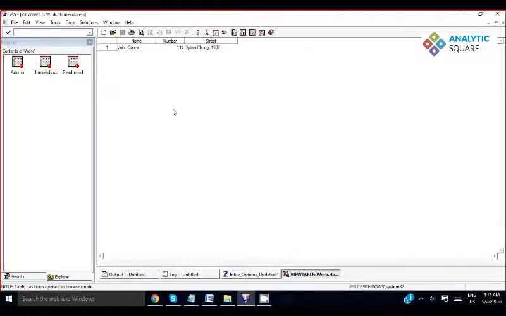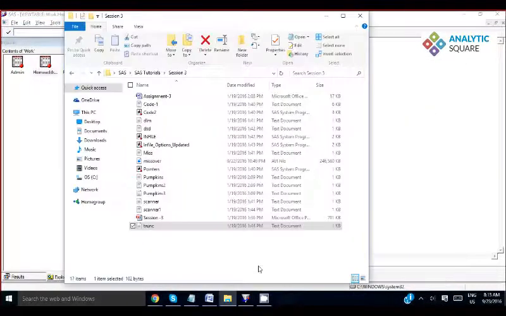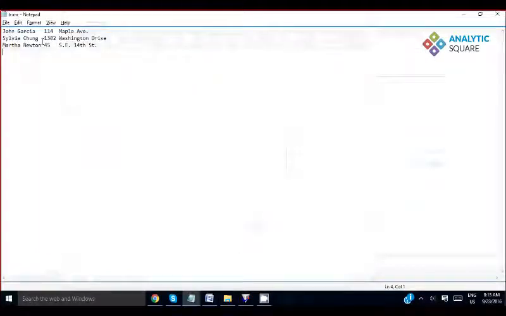Let's go to the data set that has been created. It's showing that the name has been taken correctly, the number taken correctly, but when it goes to the street, it reads Sylvia Chung. That is the name on your second line, the value that was on your second line. You can see that it reads the value from Sylvia Chung to 1302.